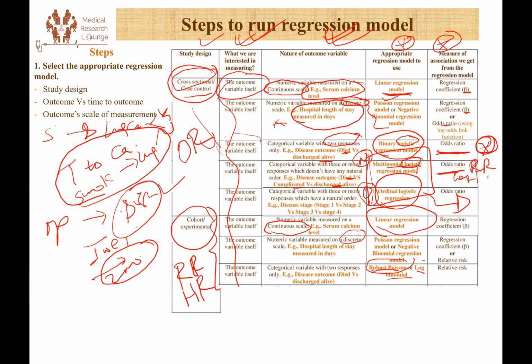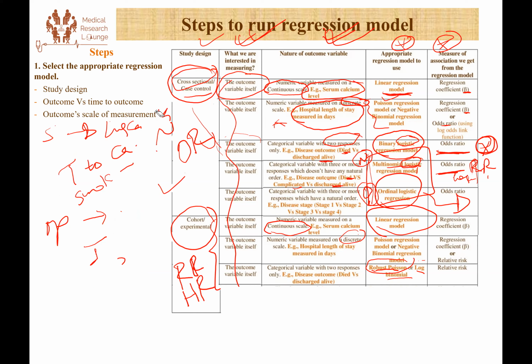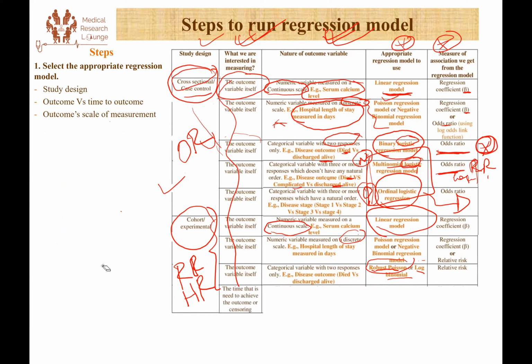So not just assessing whether the outcome happened or not, we should, as clinicians, be interested in measuring the time it takes for the patient to reach the outcome, because that time is also a very critical component in terms of quality of life, patient satisfaction, and the burden to the healthcare system. So this type of outcome is the time needed to achieve the outcome, and censoring is a concept that means, in such types of studies, while following